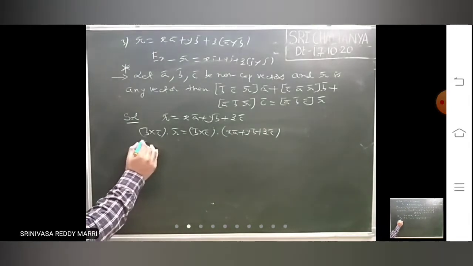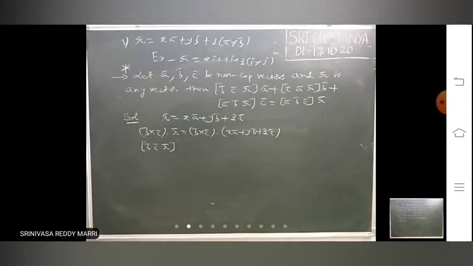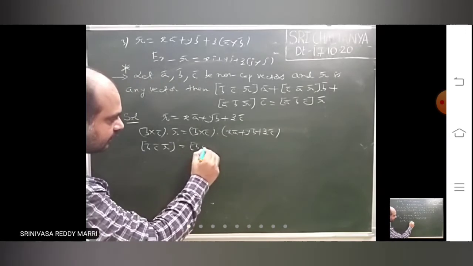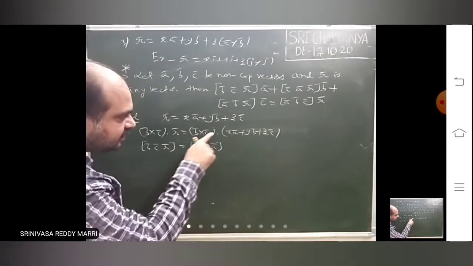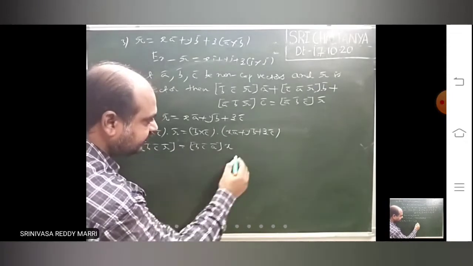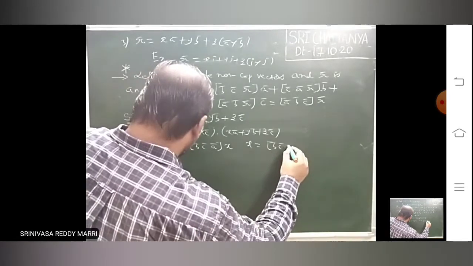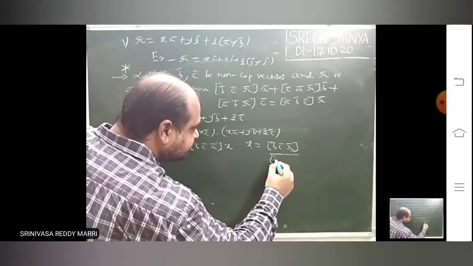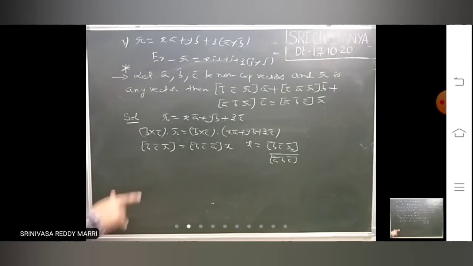So now this is nothing but box of B bar, C bar, R bar. This is equal to B cross C dot A bar times X, plus B cross C dot B, that is 0, plus B cross C dot C, that is 0. Find out X: X equals box of B bar, C bar, R bar divided by box ABC only.